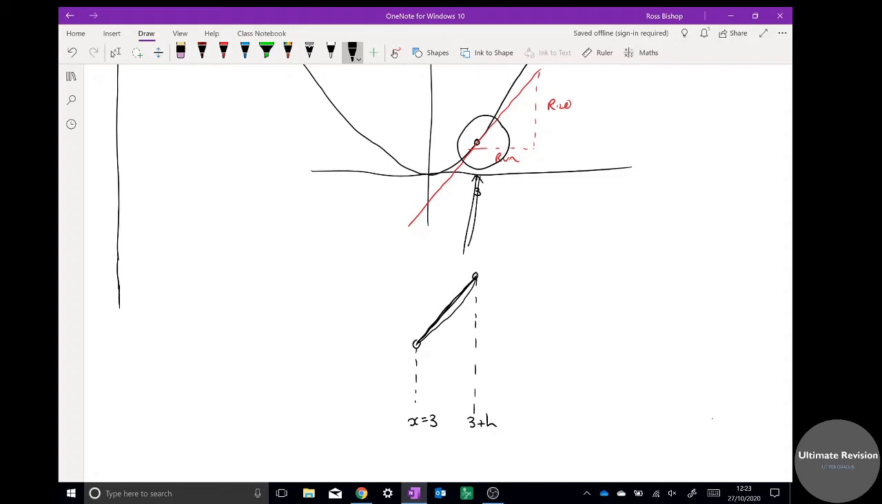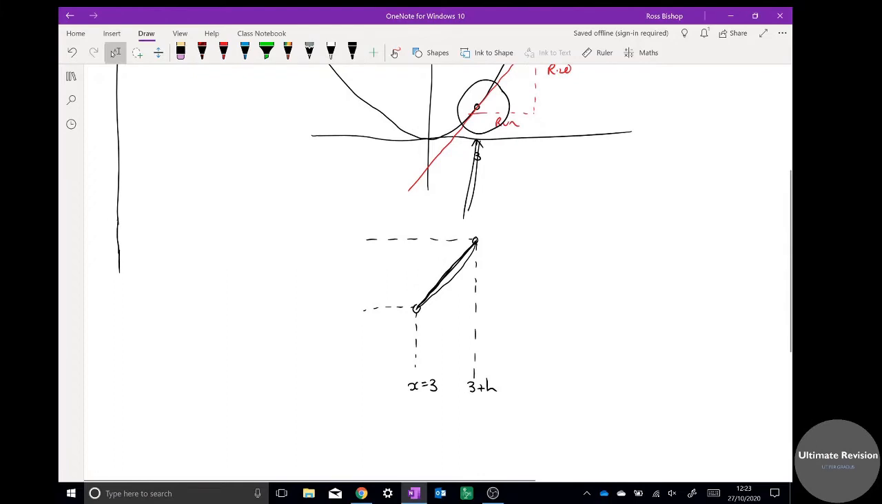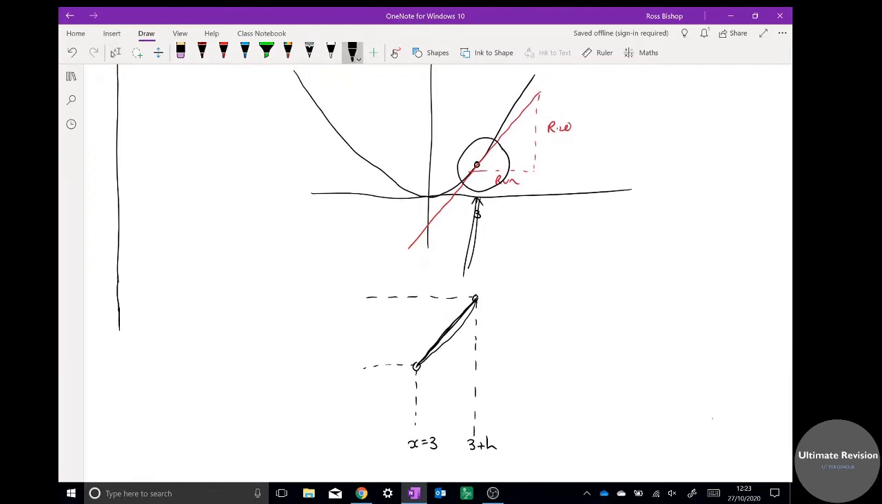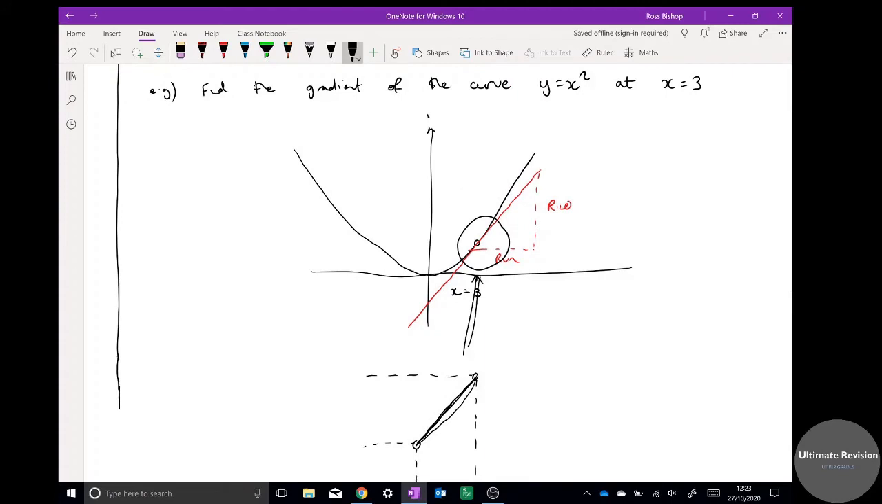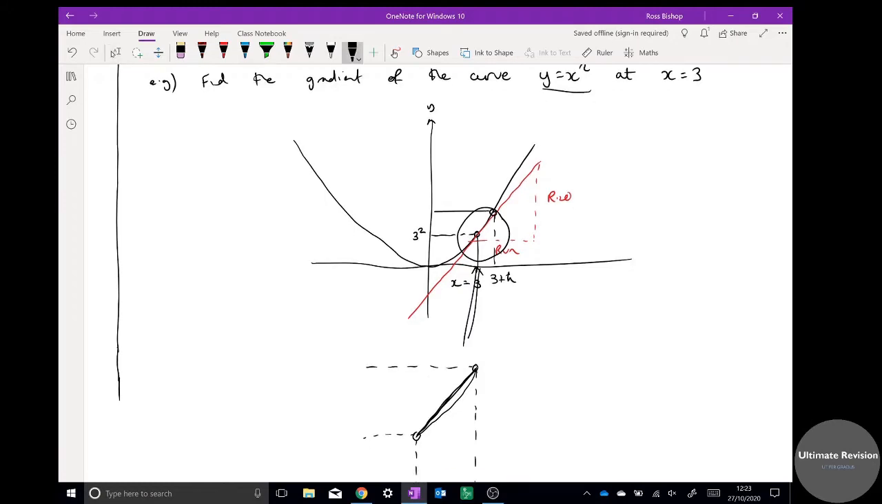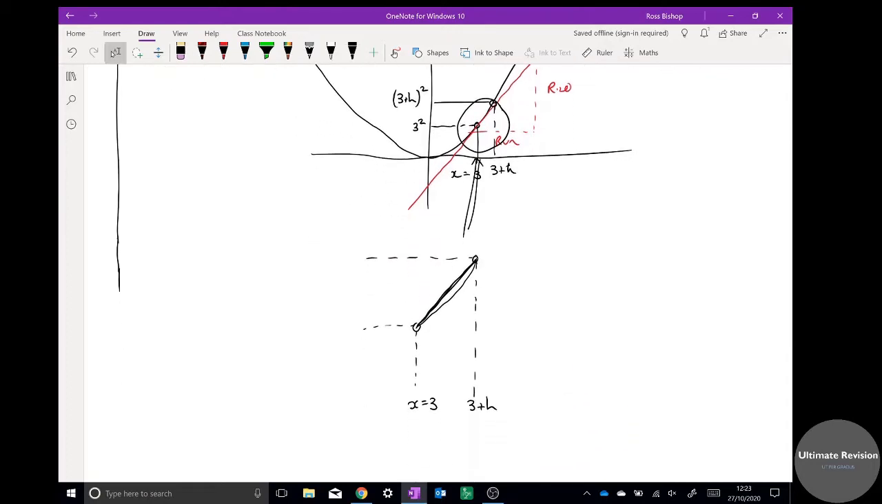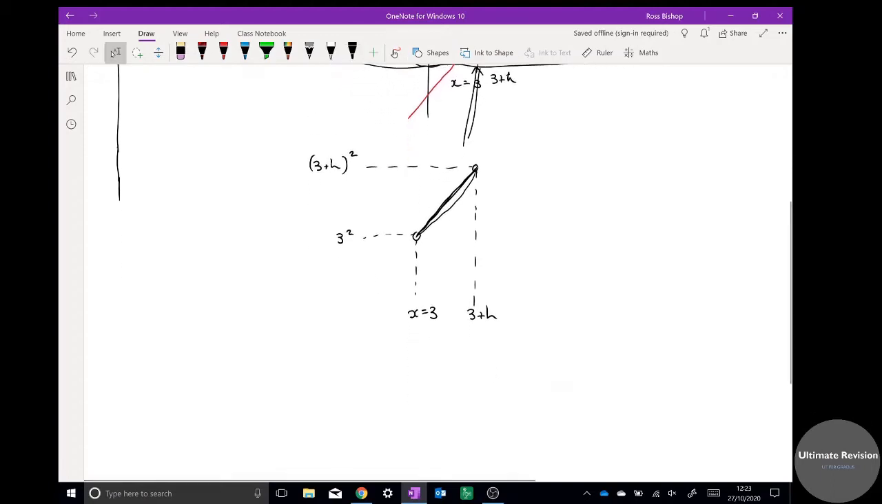Okay? So, I need to know the height of this triangle and the width. Now, the height is what? If I go back up here, when x is equal to 3, well, y is equal to, because it's y equals x squared, just 3 squared. And if my next point, which was somewhere up there, is 3 plus h, my y coordinate there is going to be 3 plus h squared. It's just whatever the x value is squared. So my first point here, 3 squared, and my second point, 3 plus h squared. Okay. Now, if I draw a triangle here,